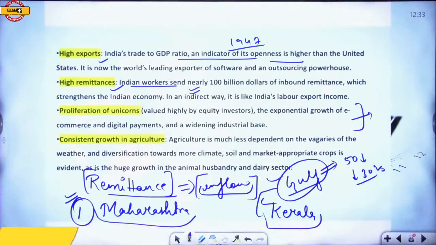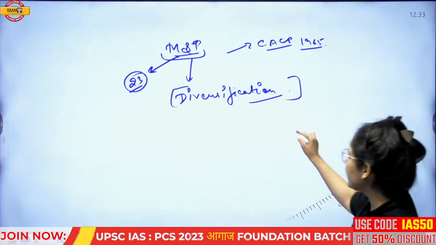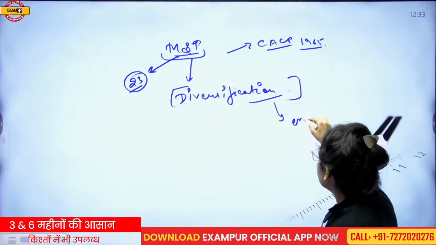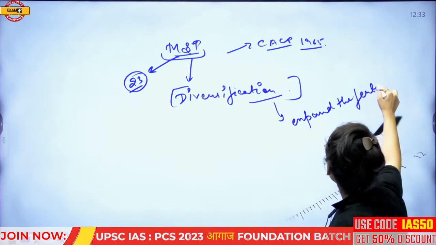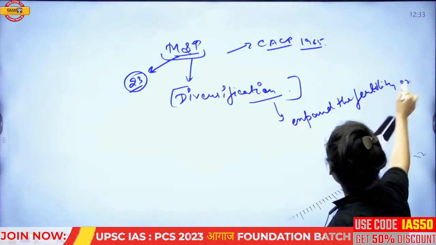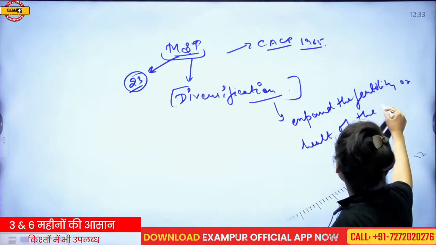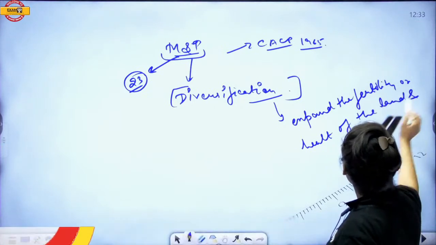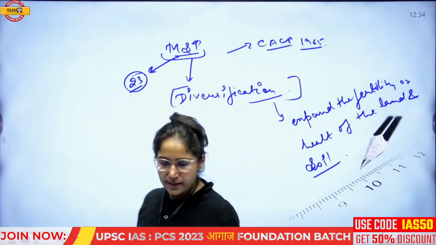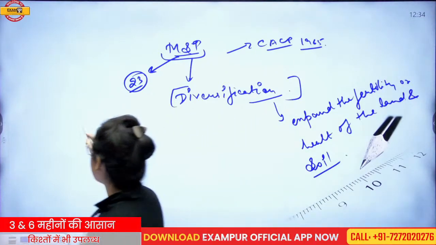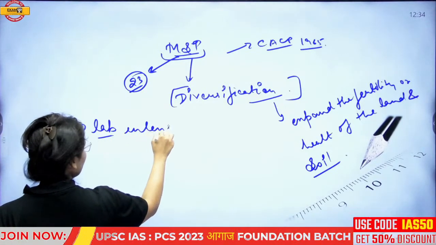Okay. So this is the approach, choose growth, because we need to bring the inclusivity. Diversification would expand the fertility or health of the land and soil both. And plus food processing industries, as you people are asking regarding it, we are trying to shift towards the labor intensive approach,